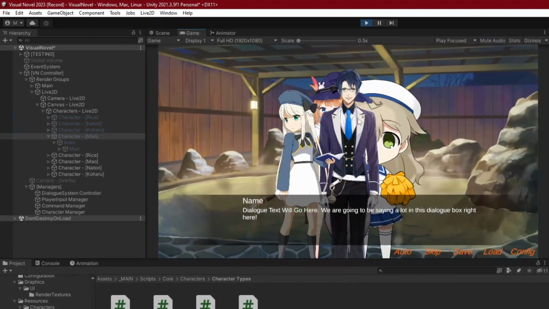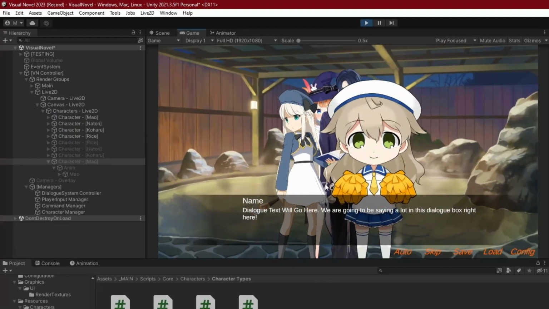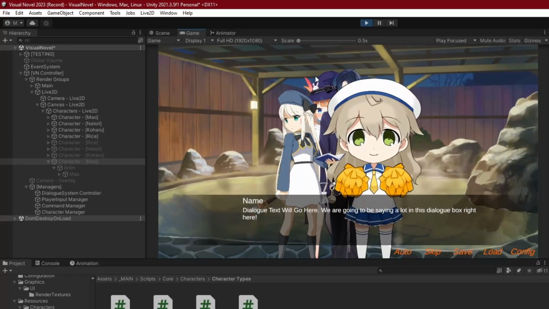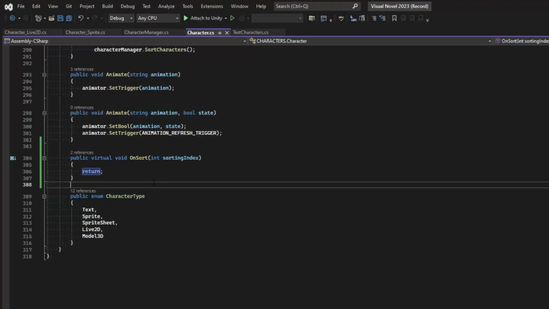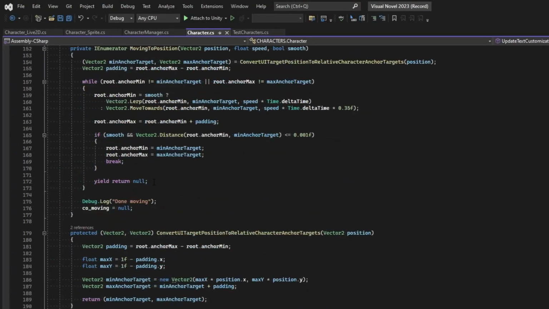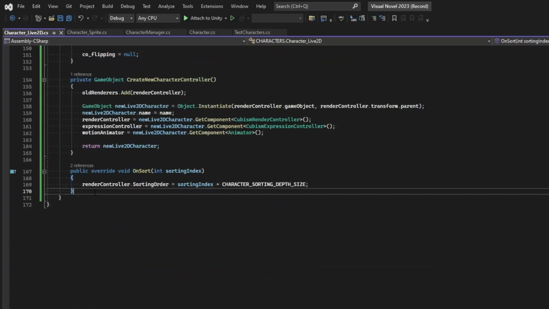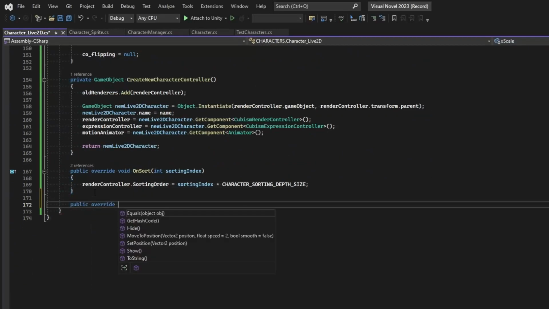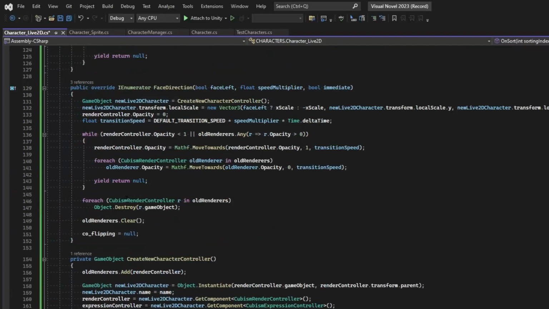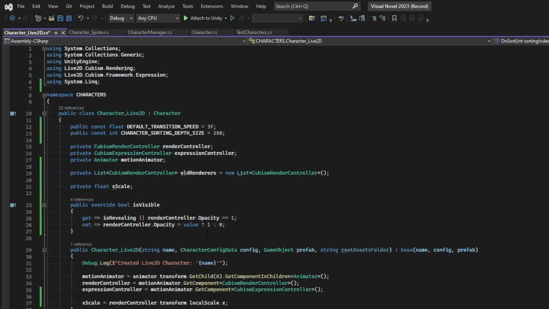It's starting up. There we go, our characters sort, and then rice comes to the front. Perfect. So that actually works very well, and we didn't even have to change the sorting logic for our character manager. So that's great. Rolling through our character base class here and looking at all these functions, there aren't any other overrides that we need to worry about. And if we come to character Live2D and just say public override and get the list of what's available, it's just hide and show, set position, move position, but all of those are fine just as they are. So that's actually all the functions that we need to override to give our Live2D characters their complete capabilities for